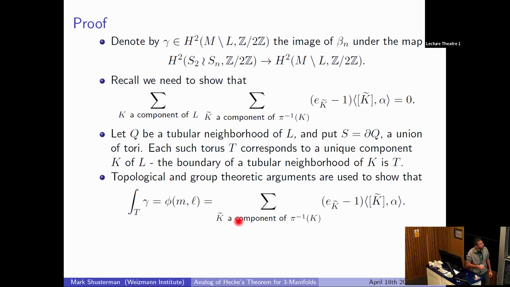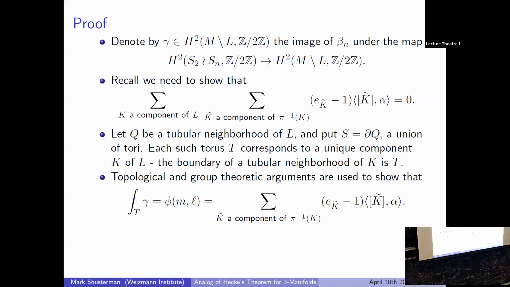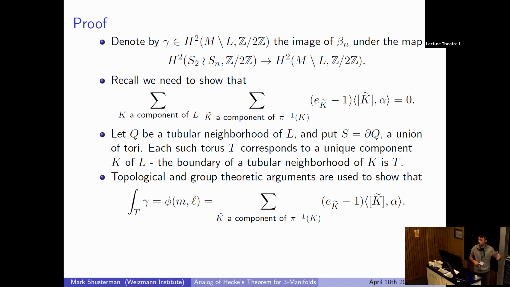So it turns out, and that's somehow the main point of why we need to do this group theory, or why it is useful, that the integral of gamma over a certain torus, which you will see in a moment how it is defined, or maybe you already see, is precisely this inner sum. Using the integration of this cohomology class, you can access the values that you want to show sum to 0. That was the point of constructing this cohomology class and doing all this group theory, at least on the first slide.